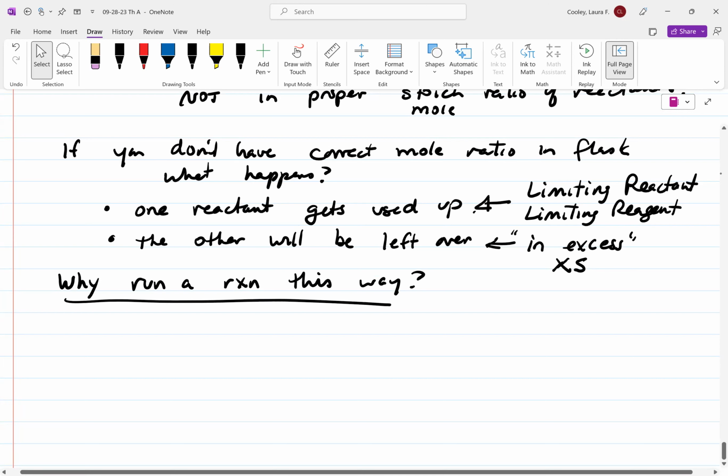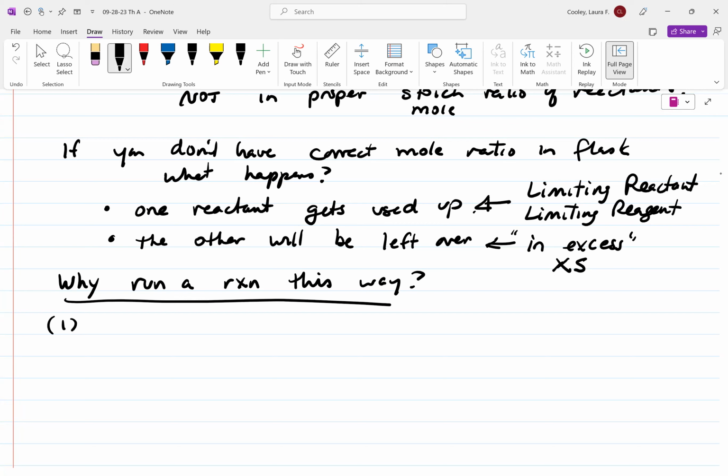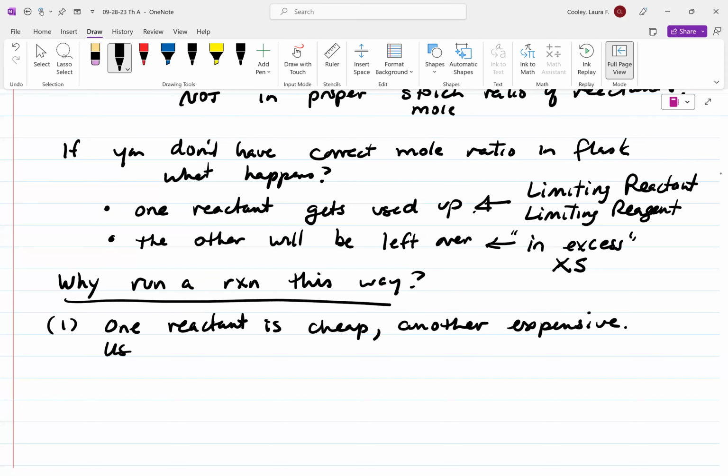Chemicals do not all cost the same amount, okay? You could have a situation where one reactant is very cheap and the other is really expensive. I remember when I was in grad school, I had to do a reaction with a reagent that cost $1,000 for a milliliter. So I was really nervous about that reaction. But what I did was I used a milliliter of my expensive reactant and a lot of extra of the other reactant to make sure that all my expensive reactant got used. So one reactant is cheap, another expensive. You would use extra of the cheap reactant